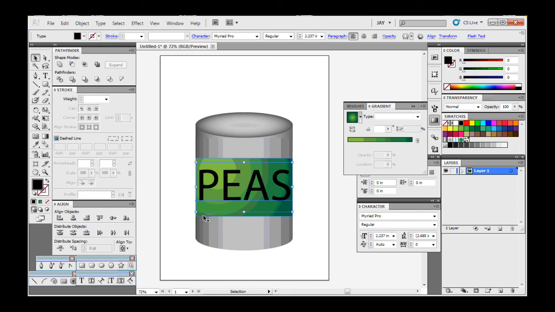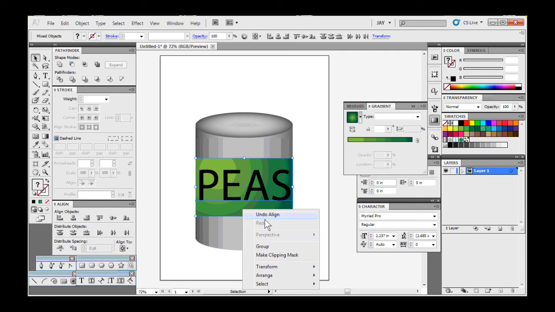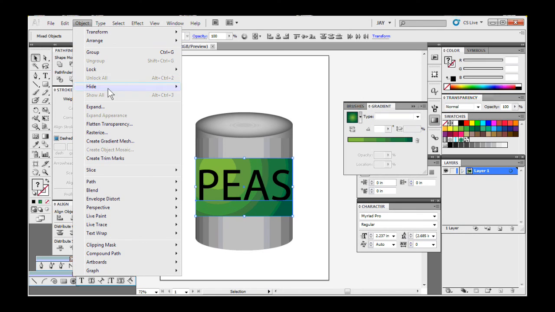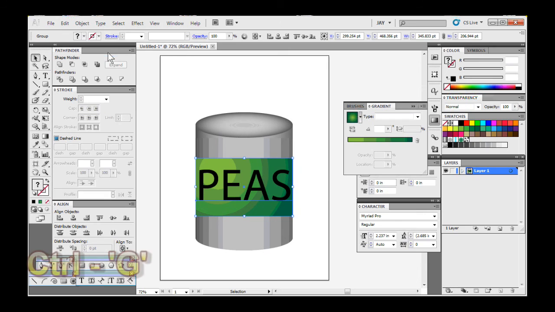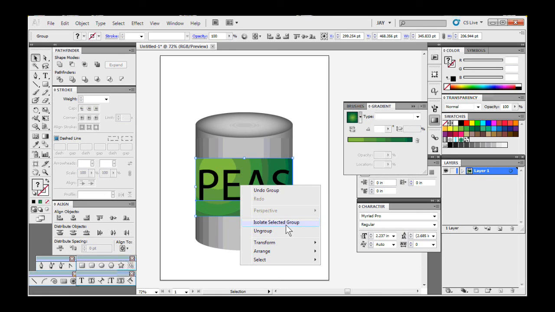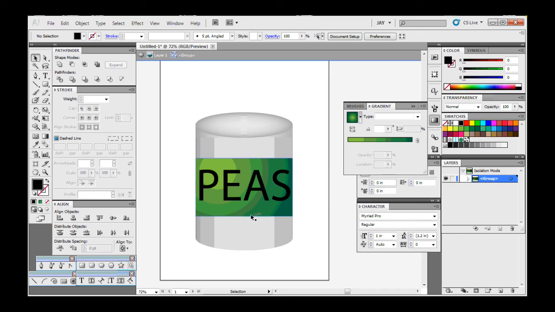So what you want to do then is go back and select both the text and the label by holding shift, and in fact you can right click and choose, oh, you know what, it's not available yet because it's not grouped yet. So choose Object, Group or Control G, and then right click and choose Isolate Selected Group. Now that makes everything fade out a little bit, but as you can see, you cannot click anything but the group, so just drag a box to select both, and